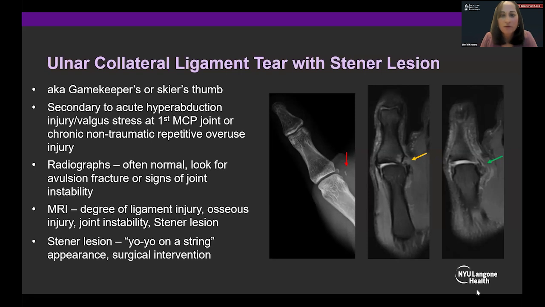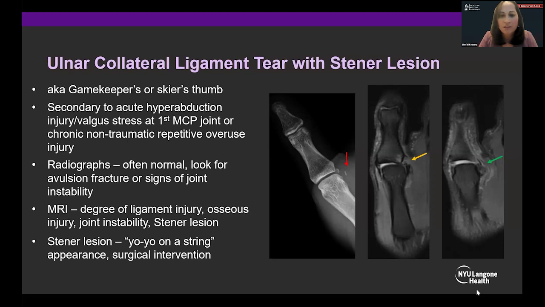So on radiographs, we usually get radiographs first. They're often normal, but we always want to look for that avulsion fracture or other signs of joint instability, widening of the joint, angulation, signs of subluxation or dislocation. Then the next step would be to get that MRI, as we saw in our case, to assess the degree